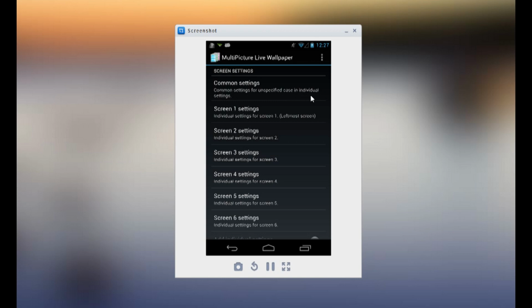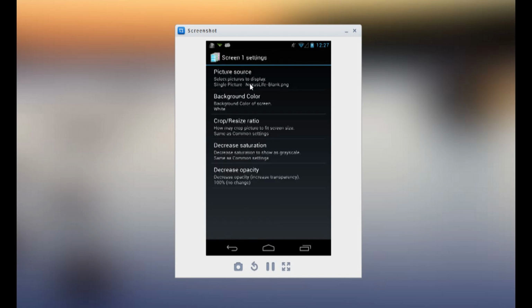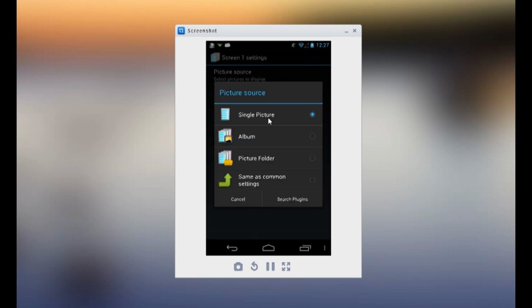Let's say that you want to use one of the screens that I've provided a wallpaper for that is what I call like a blank one, which is just really a Nexus kind of sparkle grid effect. You could use that as your common settings if you want to, and that way you don't have to create them for every single screen. But if we click on screen number 1, the one that I'm using is Nexus Life blank. So if you want to change that, all you have to do is just click here, and then you can select single picture,